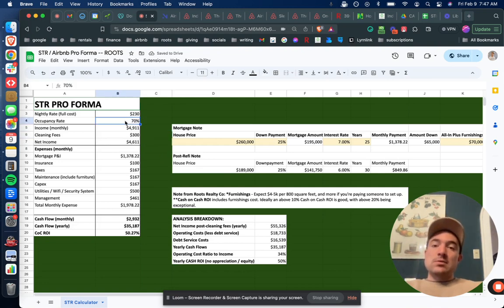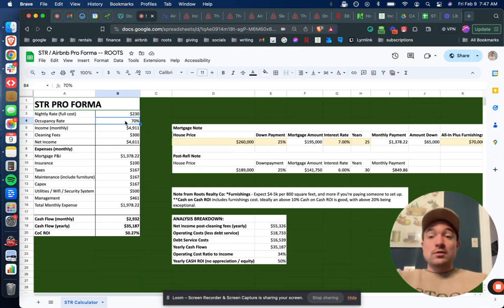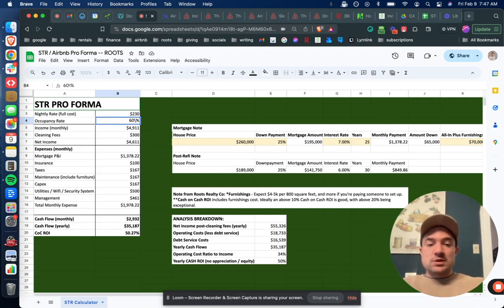Now, the occupancy rate, if I'm renting this out all year round, I'm never living in it. What we are shooting for is 60%. We have some months where we will be higher. We might get someone stay a whole month, like a travel nurse, and we have some months that are more difficult, especially in the winter. So 60% is what I have, which admittedly is higher than the average. So I can talk in future videos about how I get that up, but I do have a strong belief